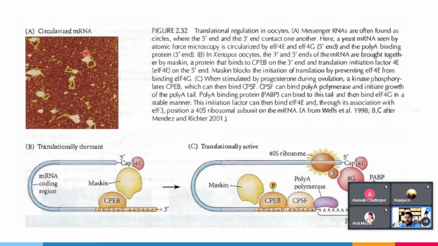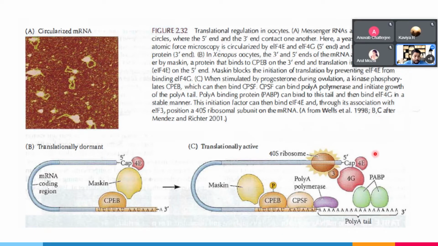So these are the crest-like circular structures that I was talking about. The head structure that is glowing a lot under the atomic force microscopy is the other proteins that are present. So this is a translationally active mRNA, and we can see it perfectly clearly. Here we can see that in a translationally active mRNA, there are various proteins involved. These include the 4E and 4G proteins. 4E binds to the 5' cap, and there is a poly A binding protein that binds to the poly A